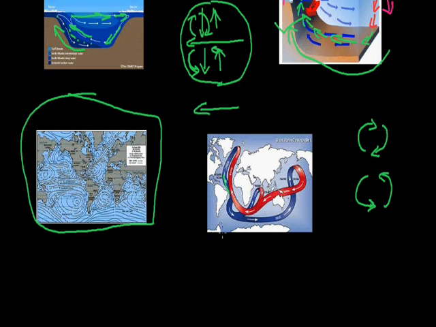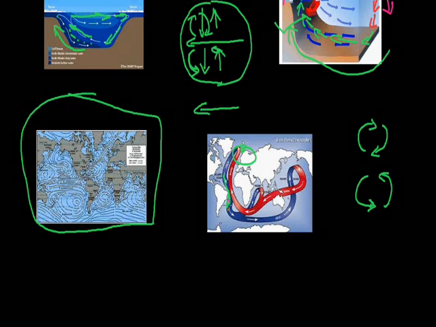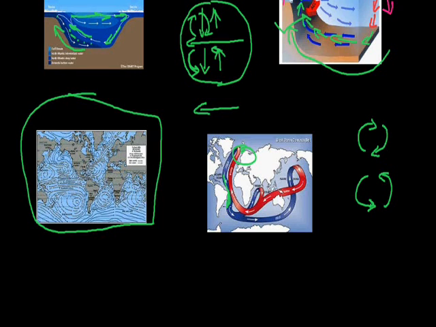These currents play a very important role in world climate. As we can see in this world map, these currents move all over the world. They also play a very important role in the movement of air. For example, if the hot water comes here, obviously it makes this area hot. When the cold water comes to this area, though this is an equatorial area, even then the temperature is low because of these cold currents. So wherever the cold current goes, that cold current changes the climate of that particular area.